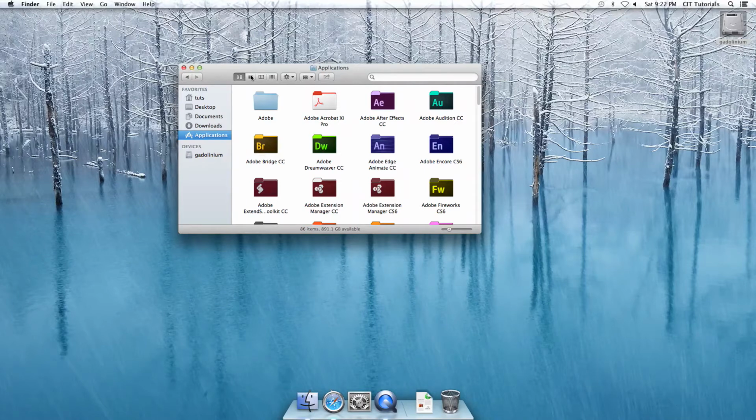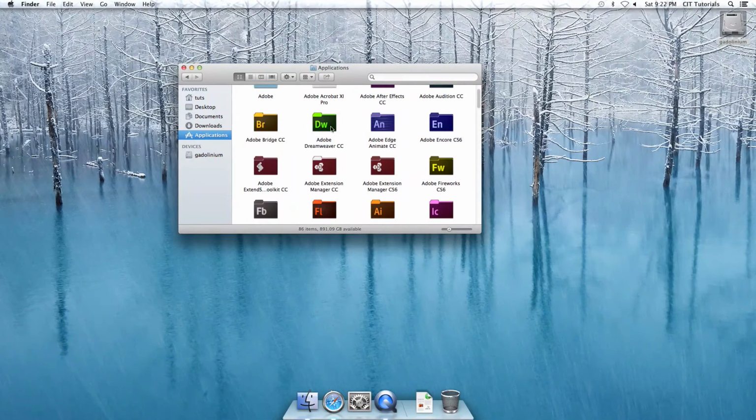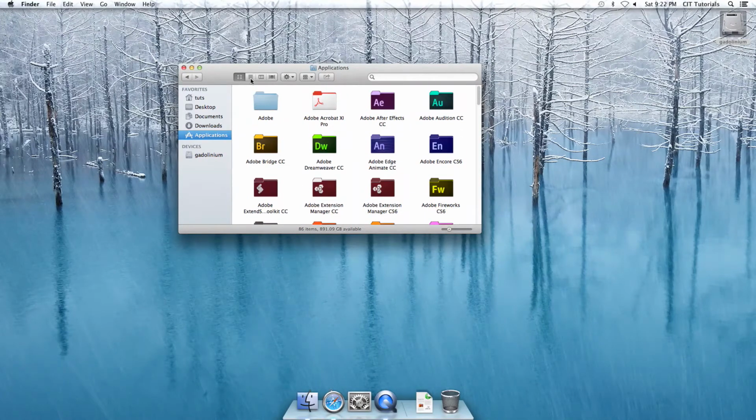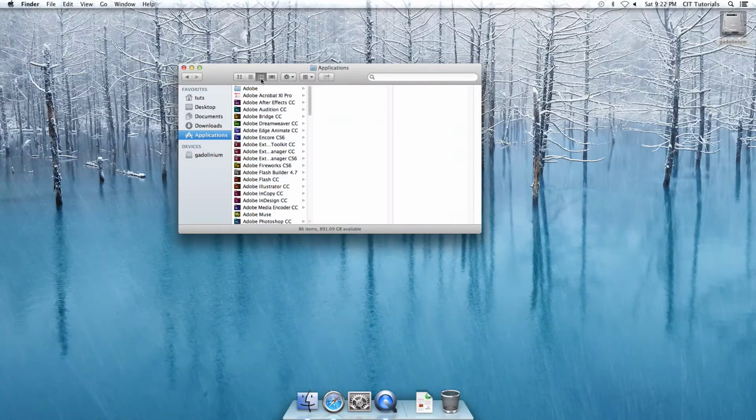One more thing to note about the Finder is there's several different display options that you can use for looking through files. This is one that's currently in is thumbnails, where it shows like a thumbnail of the application and things like that. You can go to list view, where you can sort by date modified, the name, and other things like that. I like column browser because as I click into different folders, it kind of gives me the path that I'm leading to. And then there's also